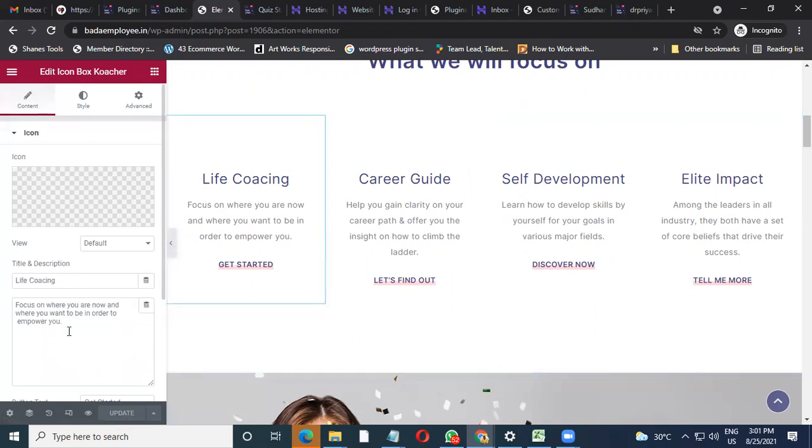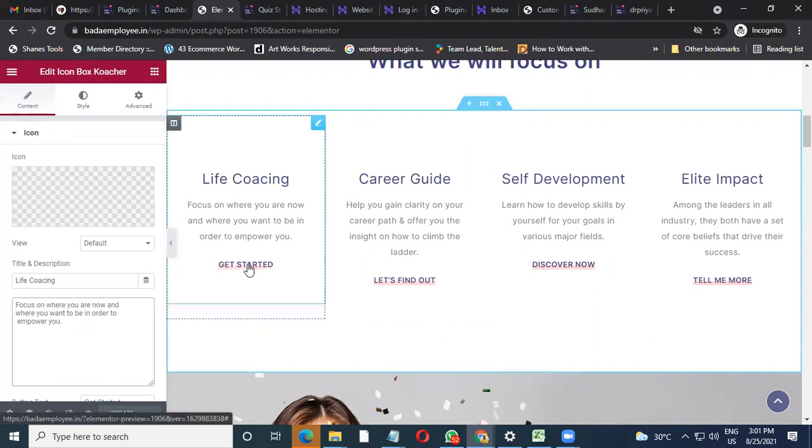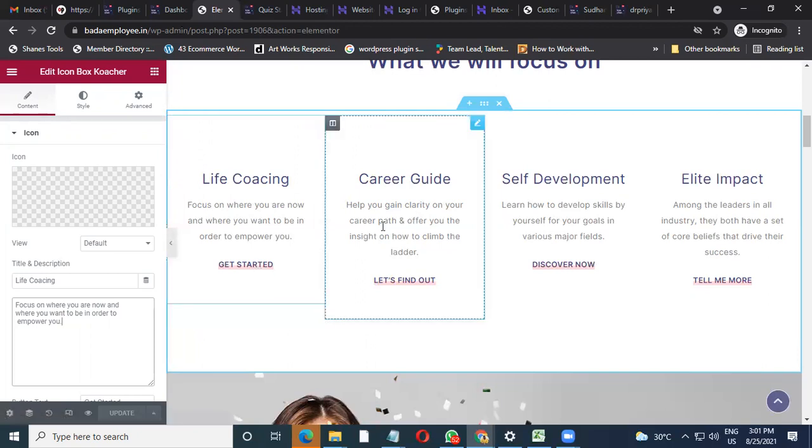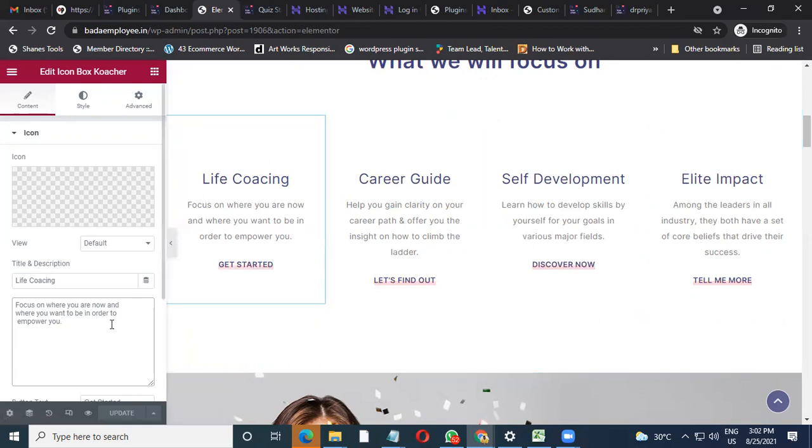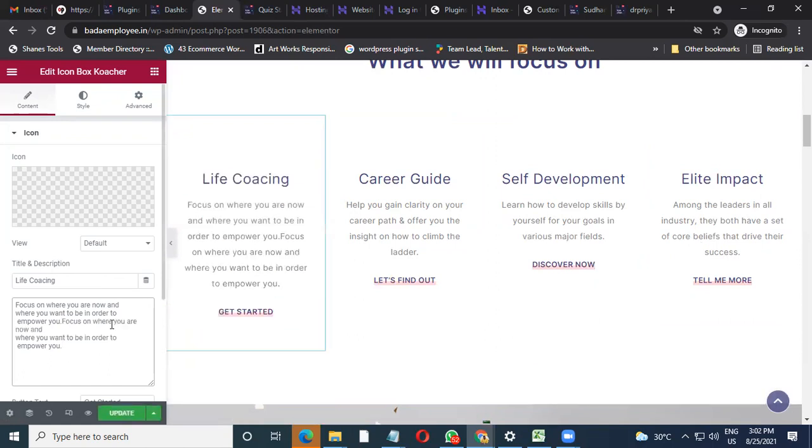Why I'm saying don't overload it? See, it's your site, your call. Okay, I've designed it, I've done it. But what happens is if you try to overload the content, like if there are 3 4 lines showing, make it that much only. In case you have more, create a blog page and link it to that particular blog page so that on your main site the design looks as it is. If your student is more interested, he will click on it and go to your blog, rather than you keeping loading it over here.